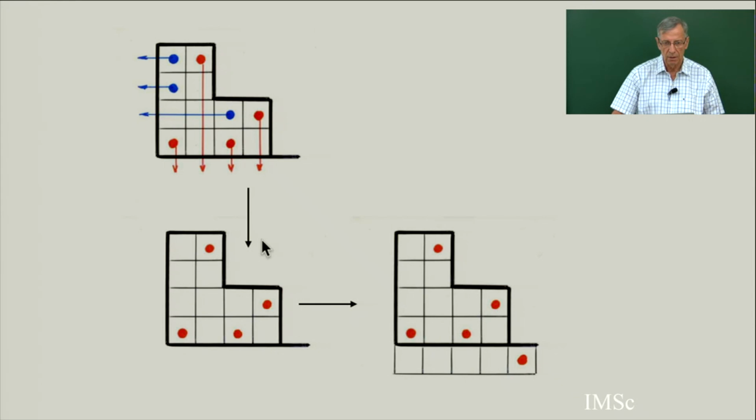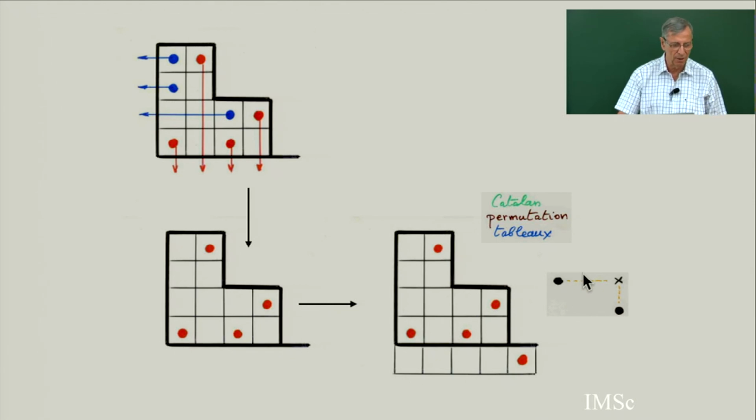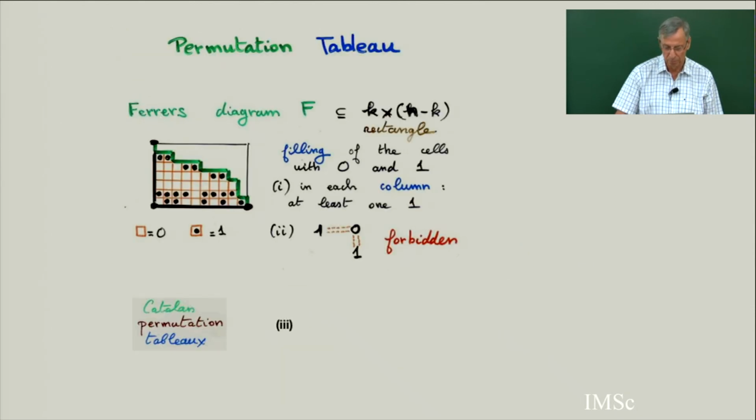So this is the case, you see. Of course, there is only one red point here in each column, because from the original tableau there is only one red point in each column, and if there is no red point, I have added one here, so I have one and only one red point in each column. Now you have to show that it satisfies this condition. I haven't given many exercises for a long time, so here is an exercise: convince yourself, give a proof that the tableau is going to be a Catalan alternative tableau if and only if what you get here is exactly a Catalan permutation tableau, satisfying conditions 1, 2, 3.